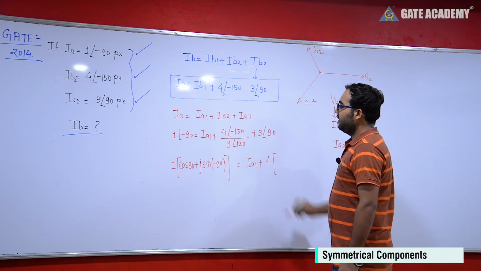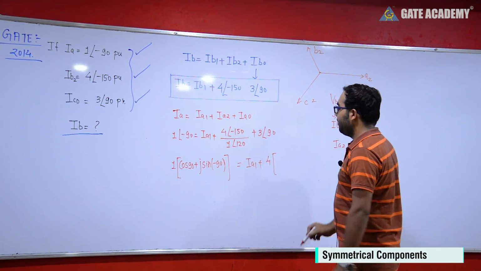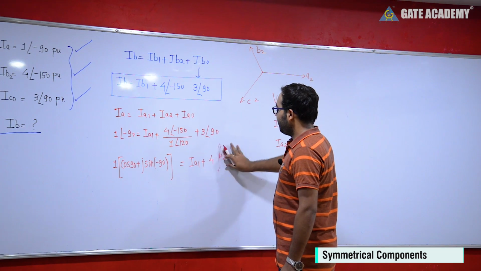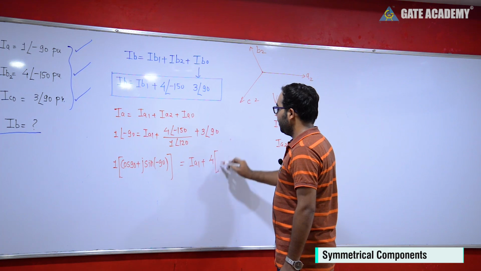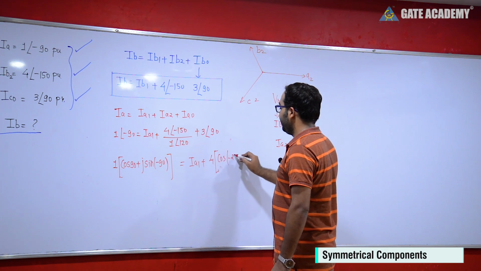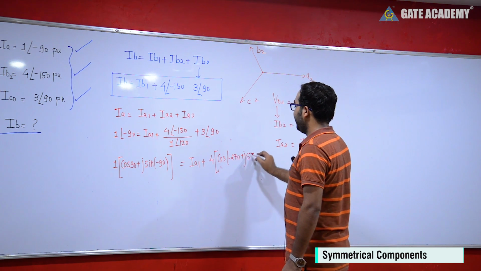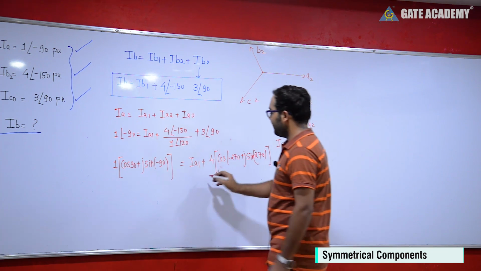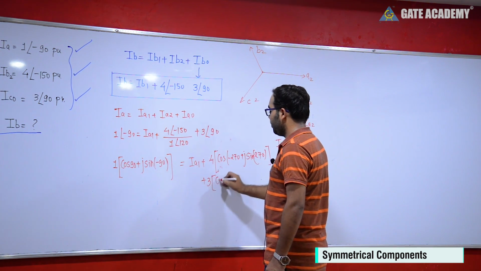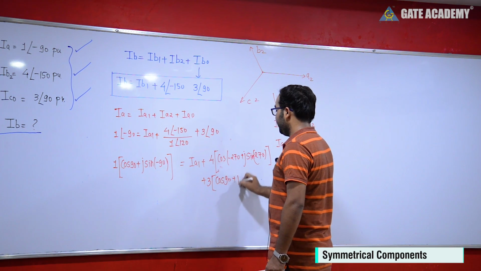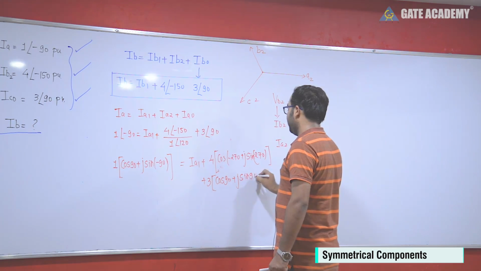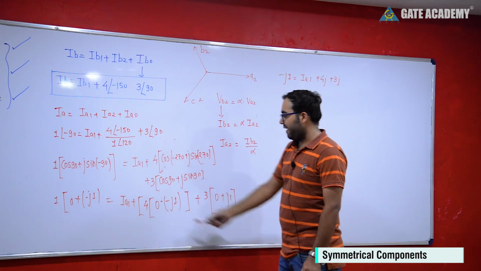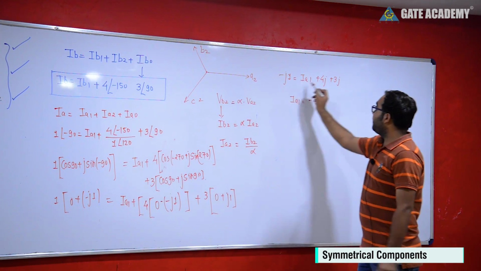If we shift here, so minus 150 minus 120, it will be equal to minus 270. So the angle is 4 at an angle minus 270. So what will happen? It will be equal to cos of minus 270 plus j sin of minus 270, and the last one is equal to 3 at an angle, cos of 90 plus j sin of 90. When we put all the values of cos 90 and sin 90, we will get values 0, 1, minus 1. We can put all these values. We are getting the function like this.